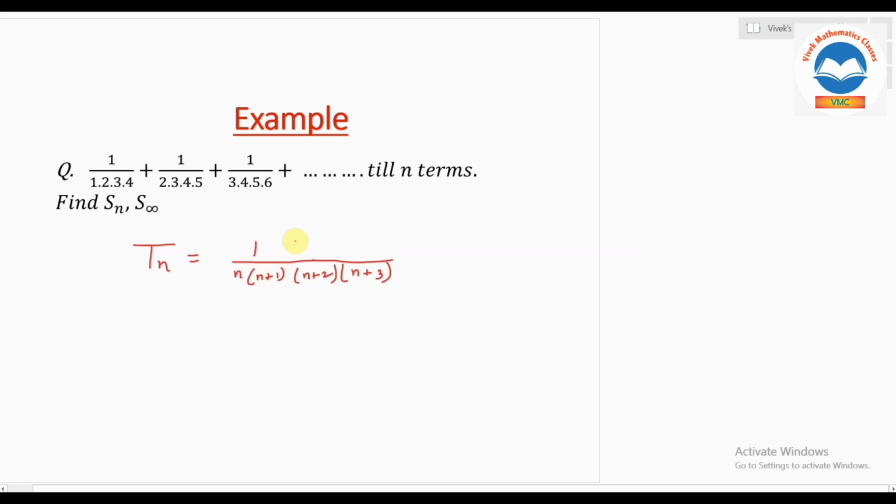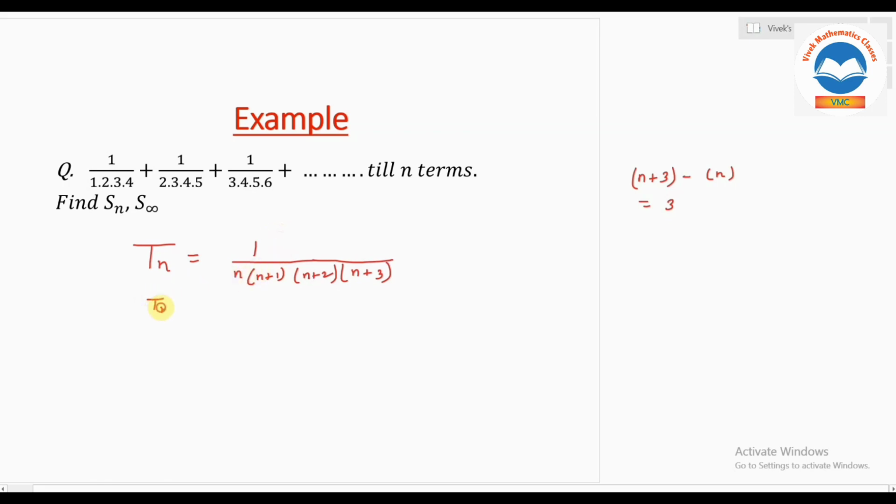So this one, what we need to do? We need to split it as a difference of two terms. What are the two terms? Last term minus first term. We have to convert the numerator of this question as last term minus first term. So if you find the last term minus first term, the last one is n plus 3, so n plus 3 minus n. If you subtract, n will be cancelled out, we will get 3. It means we need to convert this numerator as last minus first, which is 3. So we'll multiply and divide by 3.